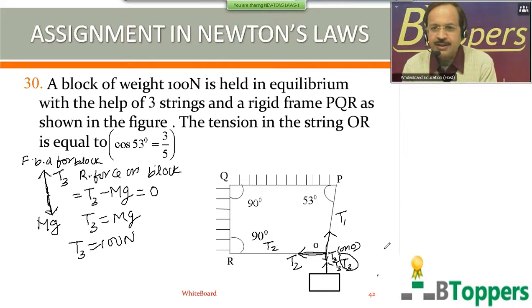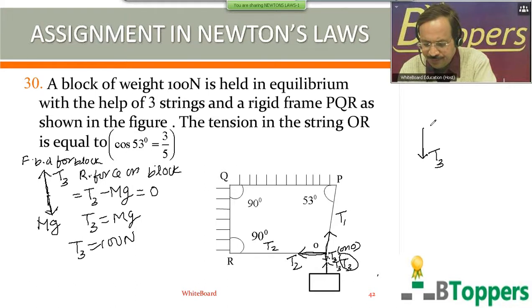So I draw a separate free body diagram indicating the forces acting at O, that is, forces acting on the particle at O. By the vertical string connected to the block, this is T3. I mean T3 is the magnitude of the tension force exerted by the vertical string on the particle at O, which acts along the string and away from O, that is, downwards.